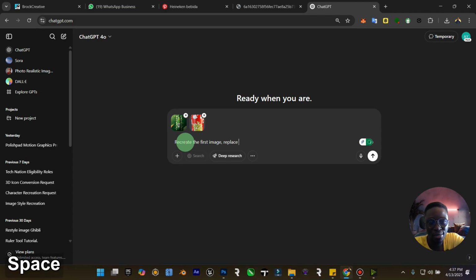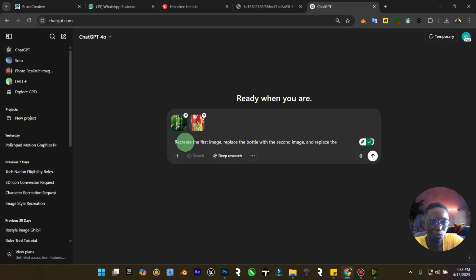Now you can say replace the bottle. I'm typing. Replace the bottle with the second image and replace the, is that wheat or what?